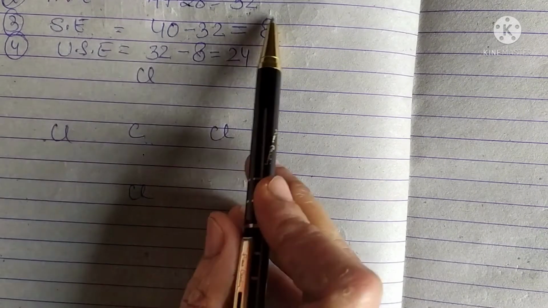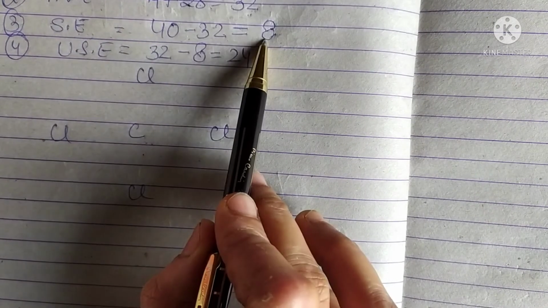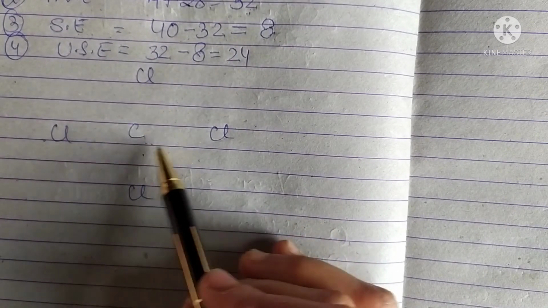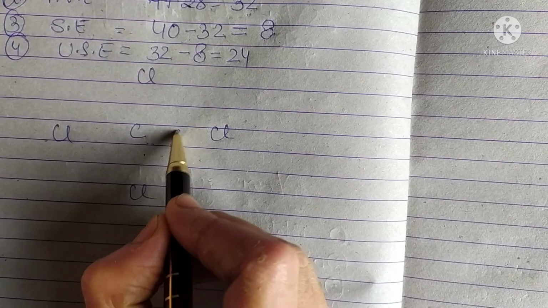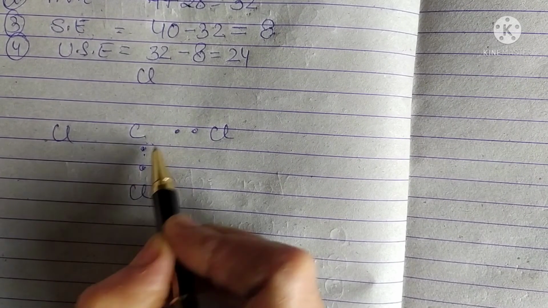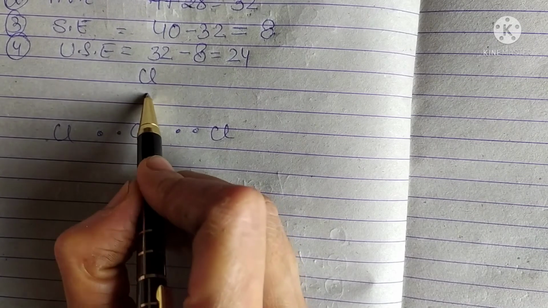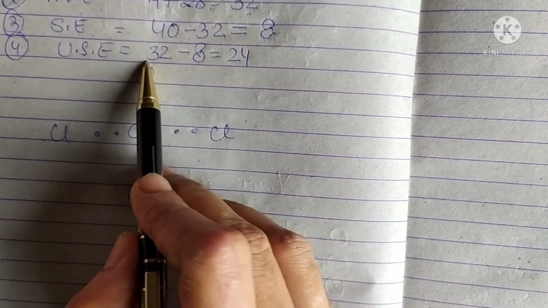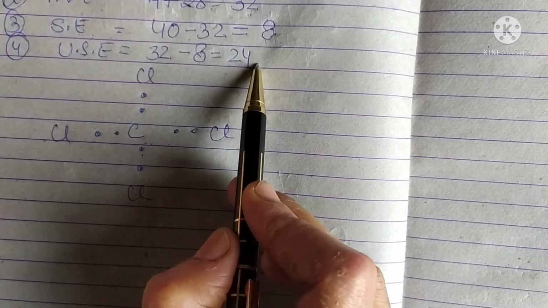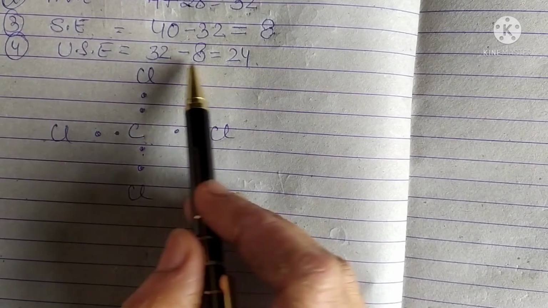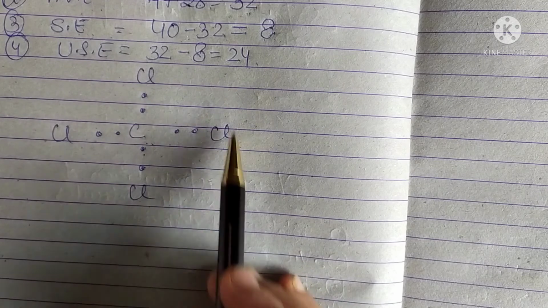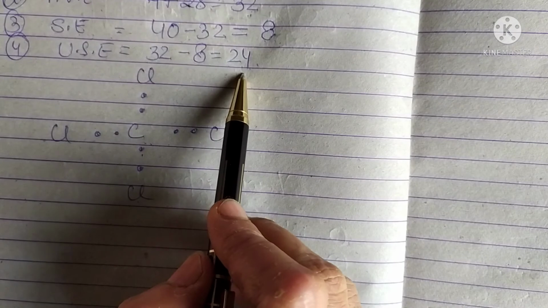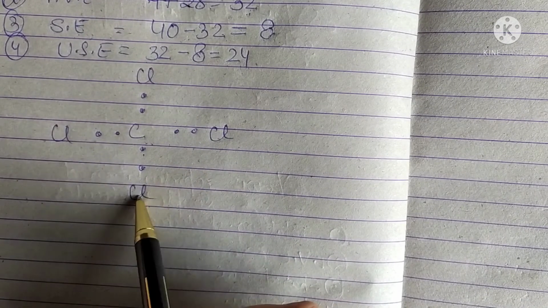Now let us see what the shared electrons are. These shared electrons will be shared between these carbon and chlorine atoms. So let us equally distribute these: 1, 2, 3, 4, 5, 6, 7 and 8. So 8 electrons have already been distributed. Now the remaining unshared electrons, these 24 electrons, are arranged in such a fashion that the octet of all these elements is complete. We know that the octet of carbon is already completed, so we have to distribute these 24 electrons among these 4 chlorine atoms.